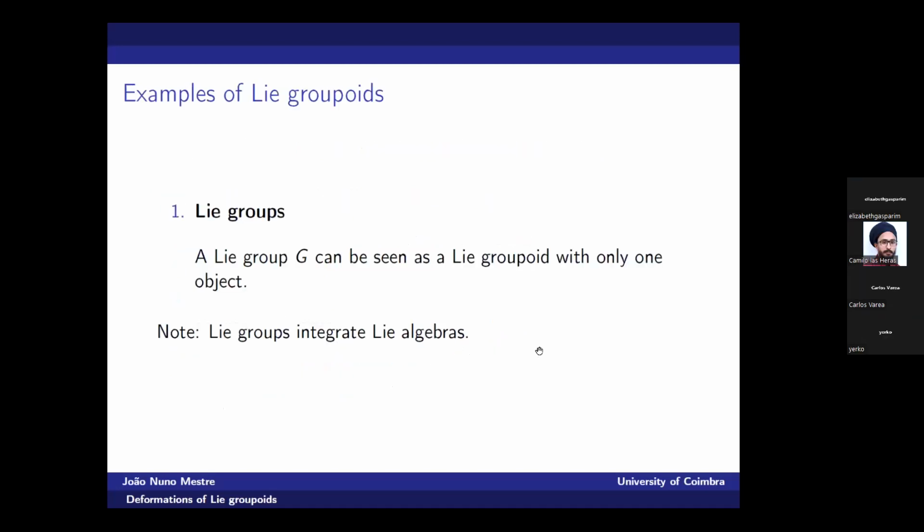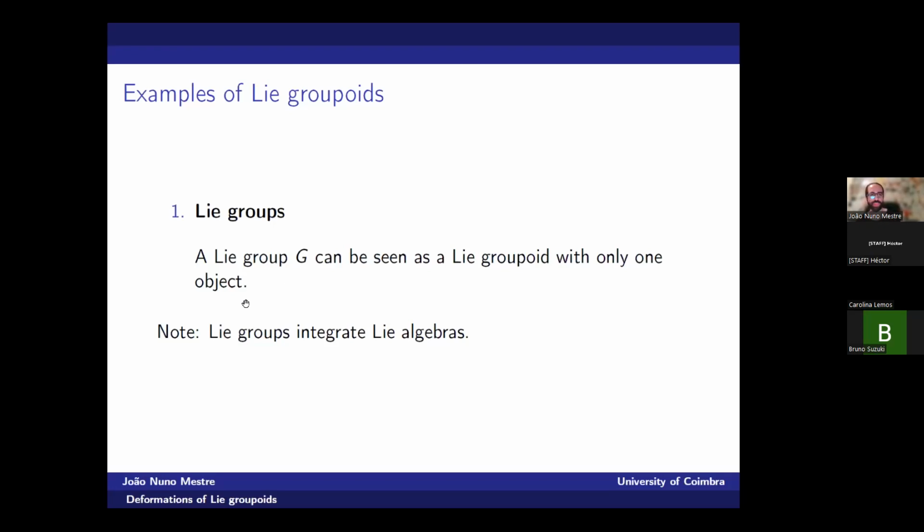But I think probably the best way to understand what they could be is by examples. So as I heard from Enrique Burstein last week, the definition is as good as 3 examples. So I'll try to give you like 6, and hopefully that redundancy will save the day. So the first example would be of a Lie group, and hence the name Lie groupoid as a generalization. If you think of a Lie groupoid such that we only have one object and arrows from the object to itself, so that we can always compose any pair of arrows,